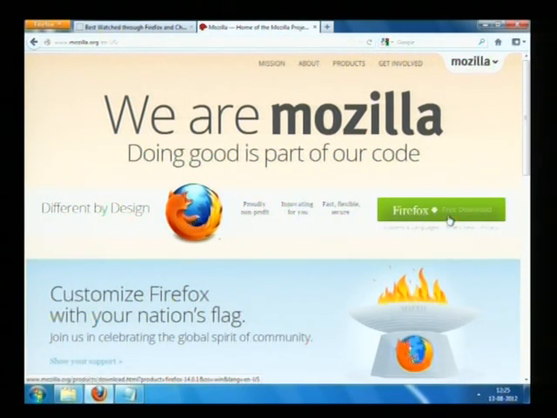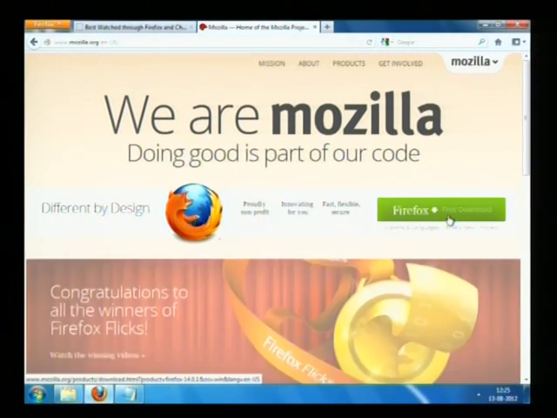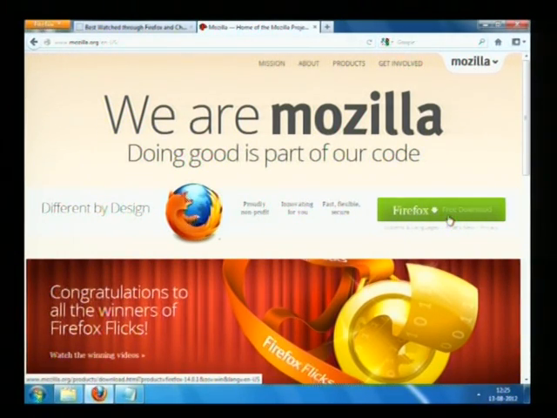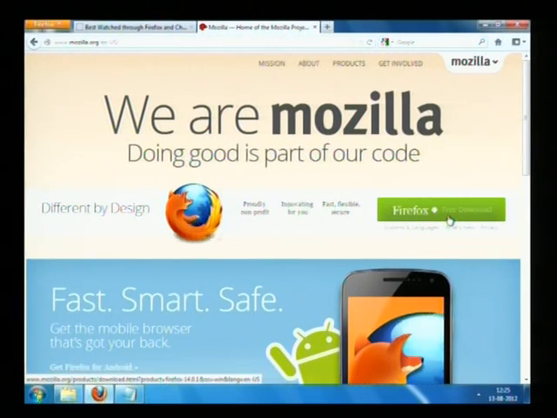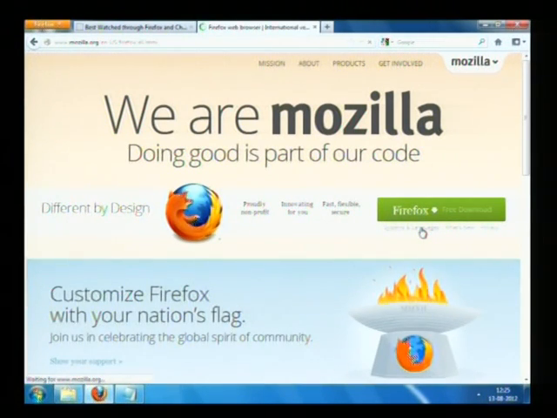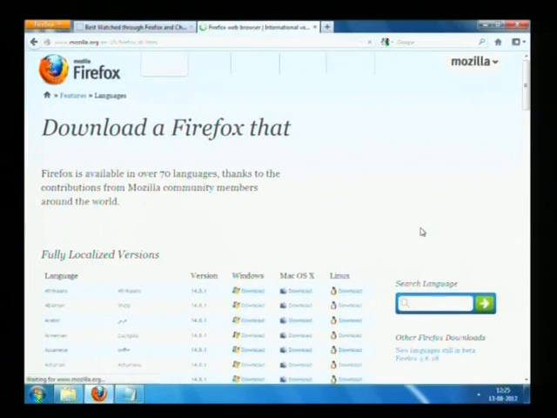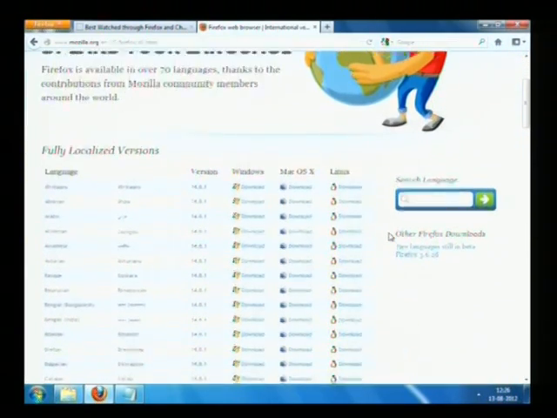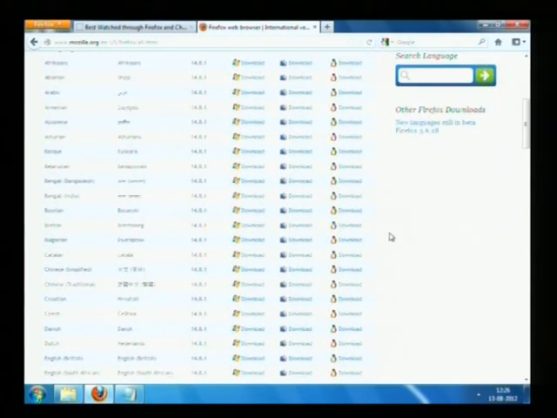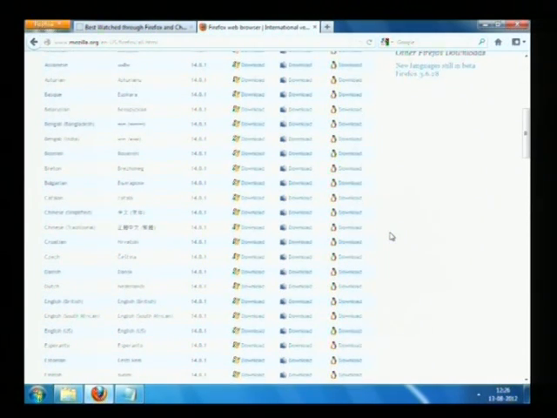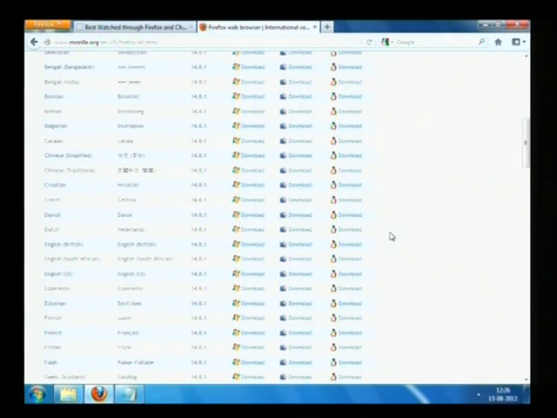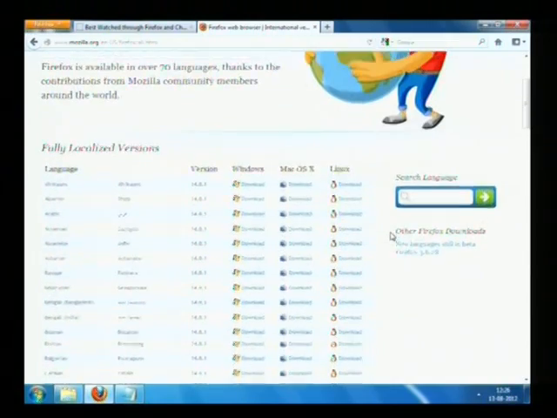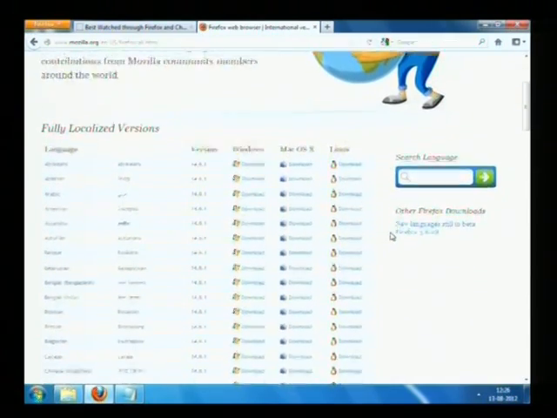We will use Windows for installing Firefox. But suppose if you use Linux or Macintosh operating system, you can go to System and Languages link just below it. Here we will have options for several languages. You can just scroll down and see the options. We have Mozilla in several different options, and you can see we have download in Windows, in Macintosh and Linux. We will start with download in Windows. We'll just go to the previous page,